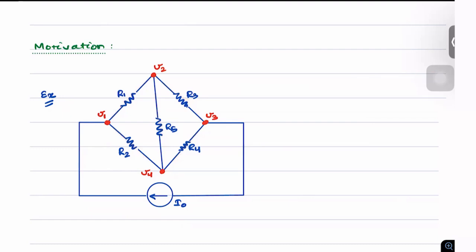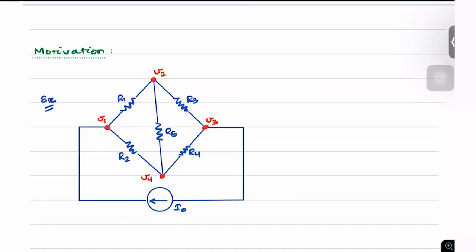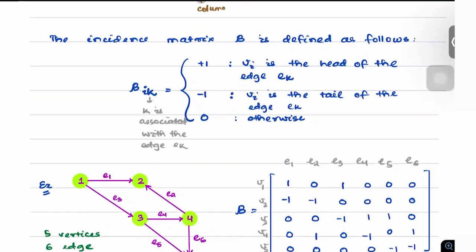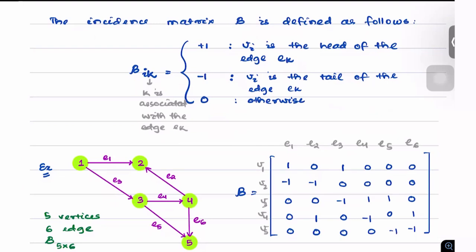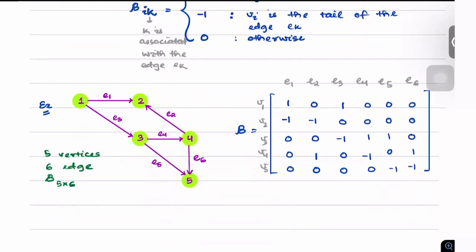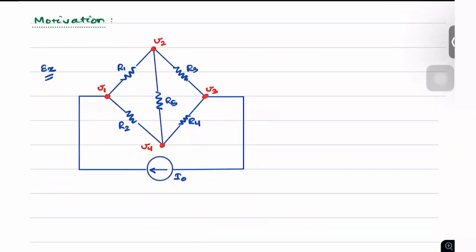Now, let us ask this question. Is this network a directed network or undirected network? So when we talked about the definition of the incidence matrix, let me take you there again. Here, we talk about the head of an edge and the tail of an edge, meaning we're actually talking about a directed graph. So how do we associate directions in the case of our electrical network? The answer to that is, the direction of a branch, we'll consider it to be the direction of the current that flows through that branch.